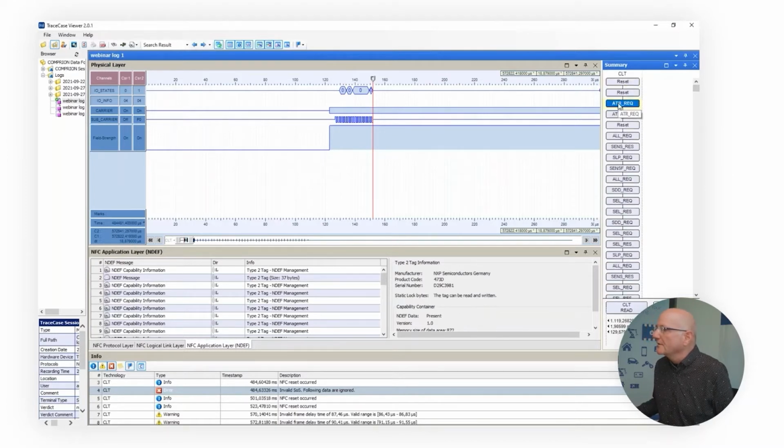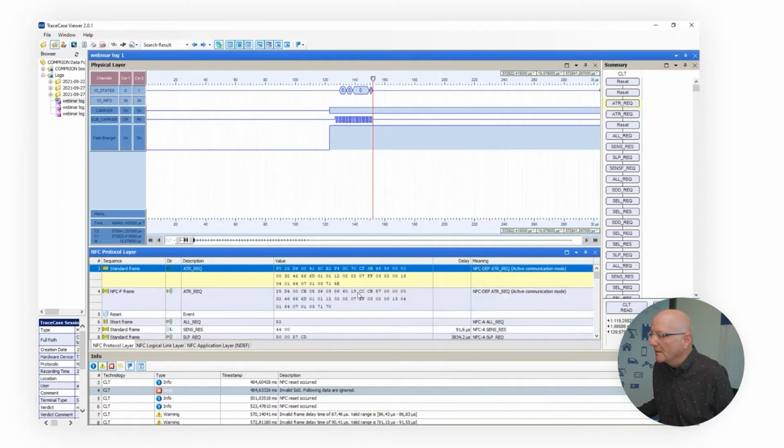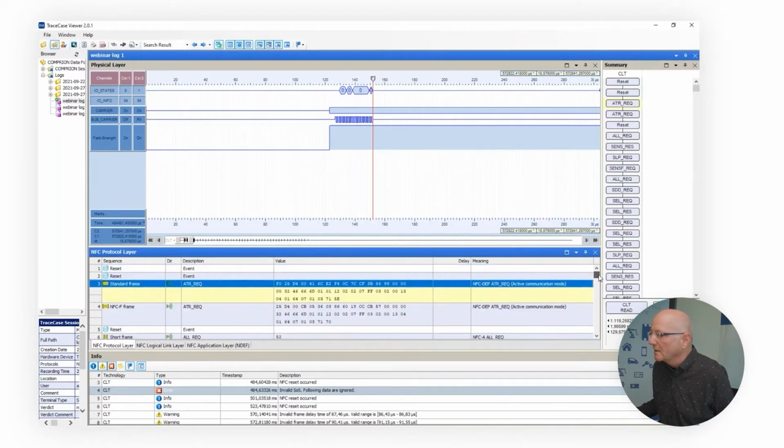You can see here the ATR request is also indicated by a yellow color, and also here in the protocol layer it's indicated by a yellow color. So here we can find our byte pattern,